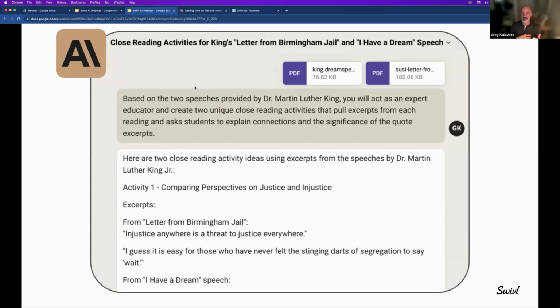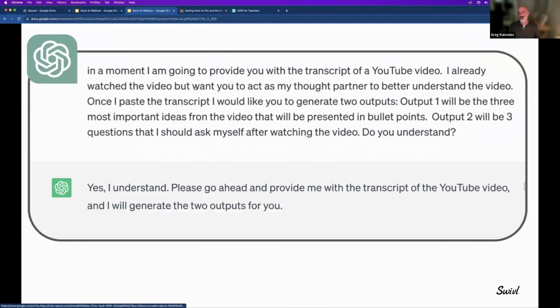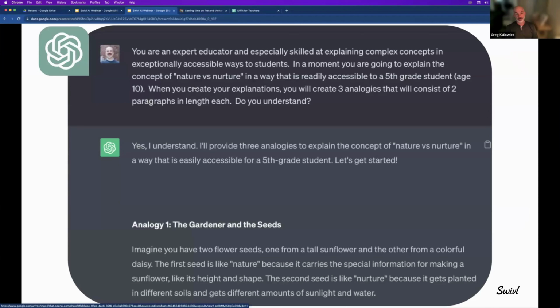So one of the ways I think about this is, yeah, it's doing some heavy lifting, but it also could free me up to have more energy, more capacity, and more ability to engage and talk with students in class, because I'm not staying up till 11 o'clock or midnight making this. I can have it generated very quickly. And now I have really meaningful use of time in class. Another really easy one: pulling transcripts of YouTube videos and then getting summaries, key ideas, and discussion questions out of them. So that could be really helpful in class.